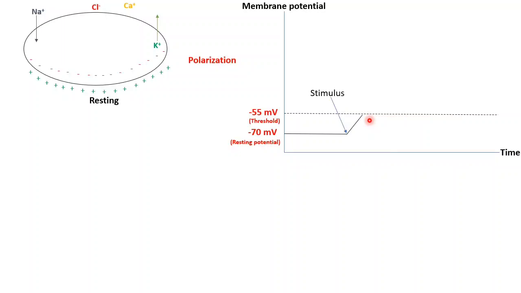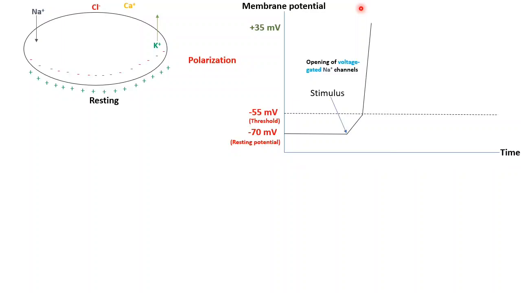So a huge amount of sodium enters the cell. So we would find that membrane potential becomes like that. There is a fast increase in membrane potential because many sodium channels opened and a large amount of sodium enters the cell, and our membrane potential becomes